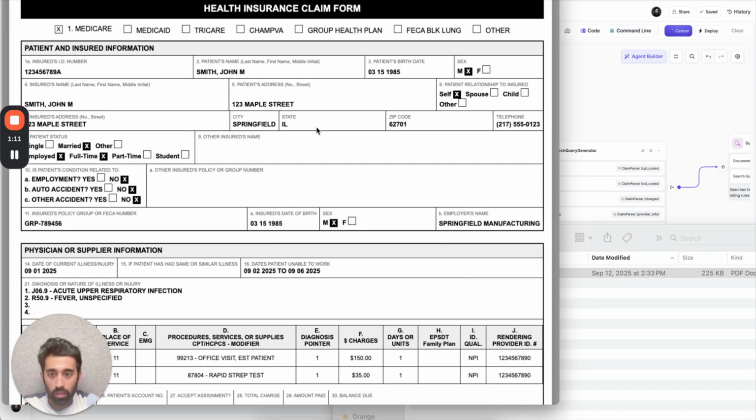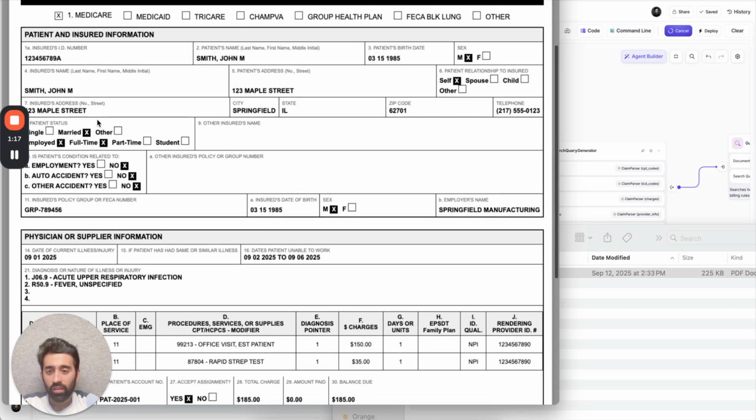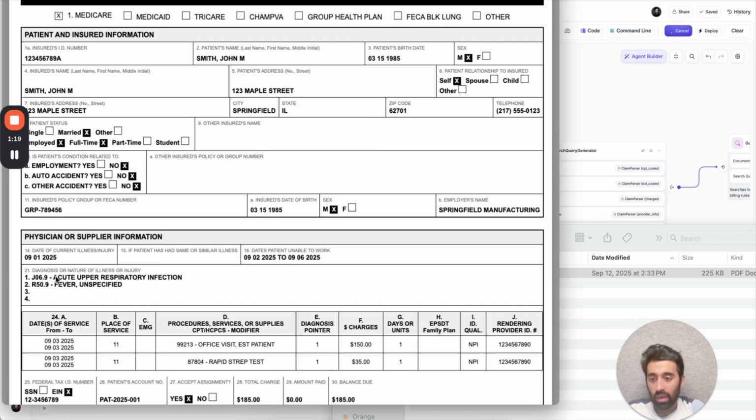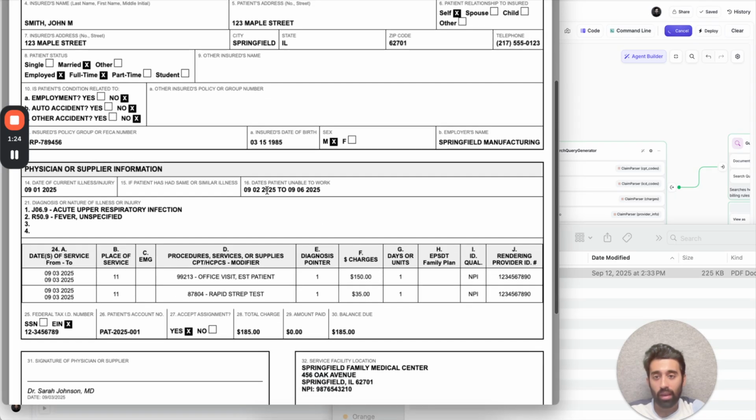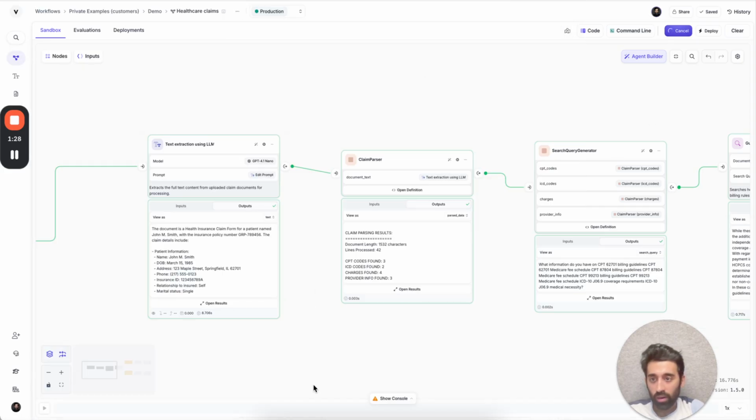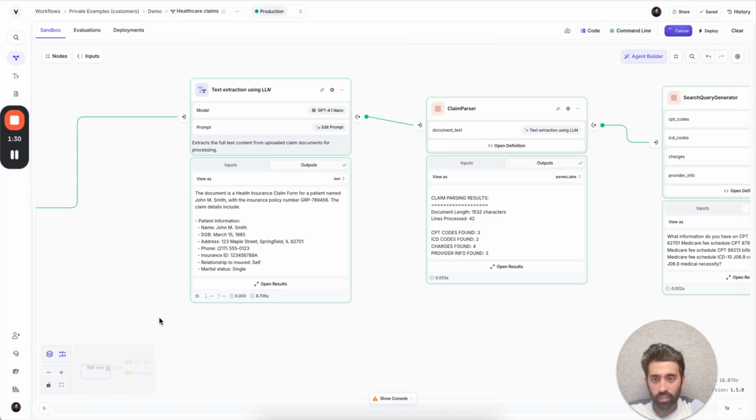Let's look at the claim first. So this claim is like a health insurance claim form. Pretty standard. We put dummy variables in here. This includes the illnesses with their specific codes, the charges, and the LLM will now extract this information and compare it against standard guidelines. So now this query is running, and what this first step does is it just extracts